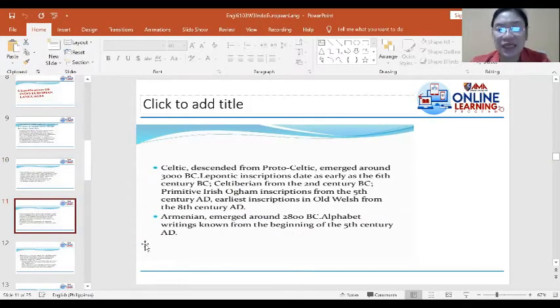Now, the Celtic, descended from Proto-Celtic, emerged around 3000 BC, and Lepontic inscriptions date as early as the 6th century BC, and Celtiberian from the 2nd century BC. Now, primitive Irish Ogham inscriptions are from the 5th century AD, and the earliest inscriptions of Old Welsh from the 8th century AD. Now, Armenian, on the other hand, emerged around